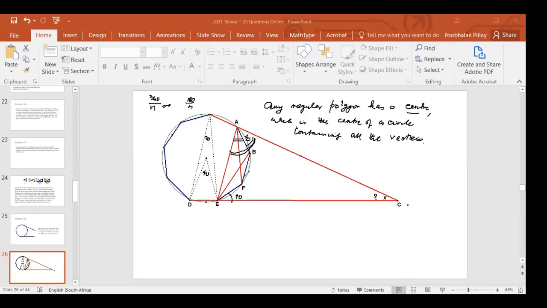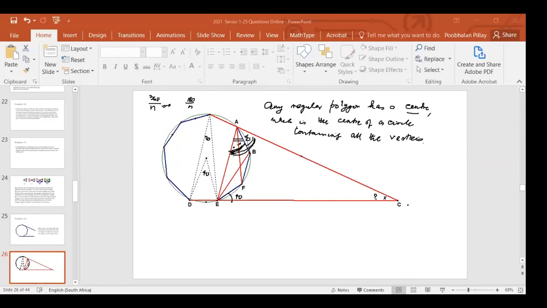As you can see, one of the angles is subtended by this side here. So this angle here is 20. Every side subtends 20 angles at every other point. This is what we are saying here. Any side subtends 20 angles at any other point, as long as they are the sides of the polygon. So this is 20. And this is also 20 because you've got a single side here. So this entire angle is 40 from here to here.